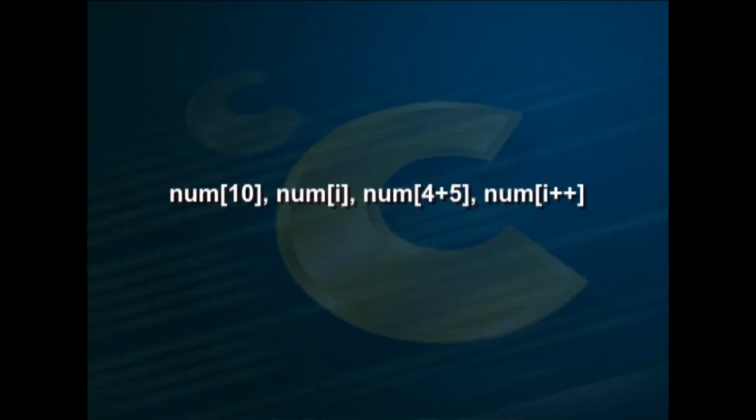A one-dimensional array uses a single subscript enclosed within square brackets. For example, num[10], num[i], num[4+5], num[i++]. C performs no bound checking, and therefore, care should be exercised to ensure that the array indices are within the declared limits. For example, for the declaration int num[5], the access to the array element num[6] or num[5] won't create any error. In this case, num can only refer num[0], num[1] up to num[4].